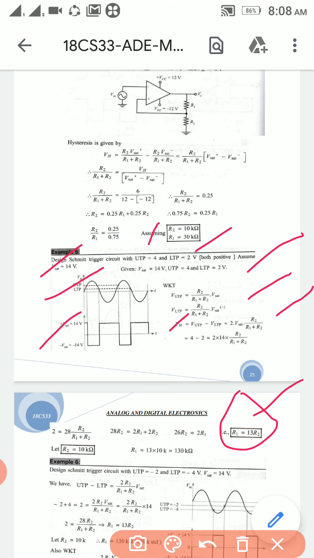So again we have two or more unknown values. One of the values you have to choose and another value you have to find out. This is exactly the same thing here in the Schmitt trigger. Designing a Schmitt trigger means you always need to find VLTP and VUTP, and the formula you know, or the resistance values. Vsat plus, Vsat minus, everything has been mentioned here, but we have to find out the R1, R2 values. One of the values we don't know, so we have to assume it and we'll find out the other one. Okay, moving to the next problem.